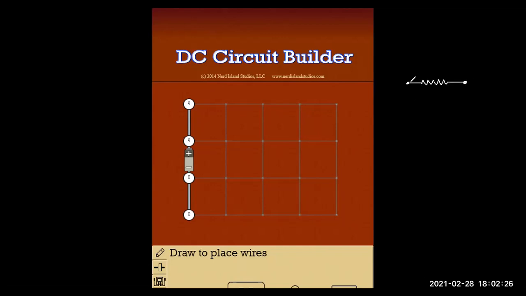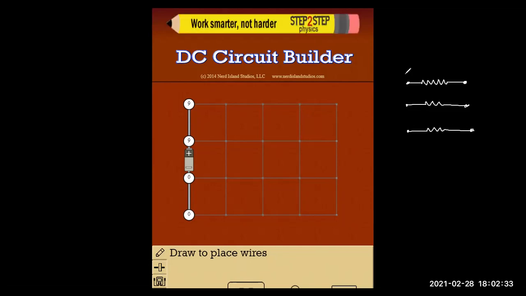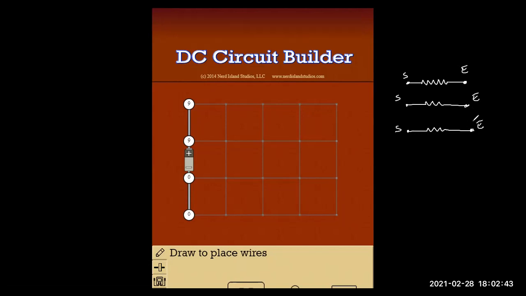Let's say this is one resistor, this another resistor, and this another resistor. This is the start, and what did I say? We have to connect all three start points, and connect all three end points. So how do I connect it? I connect it like this. I connect all the start points and I also connect all the end points. You can see, this becomes my parallel combination. Correct? So let's try to simulate a parallel combination over here.